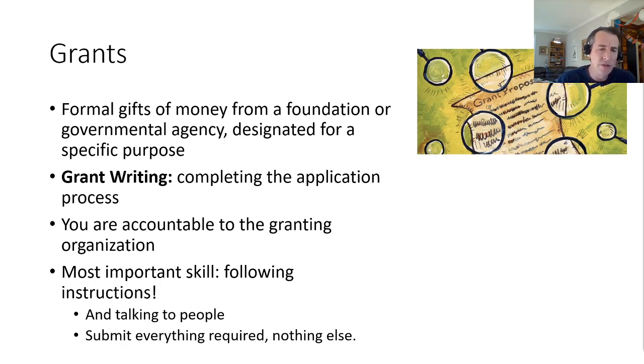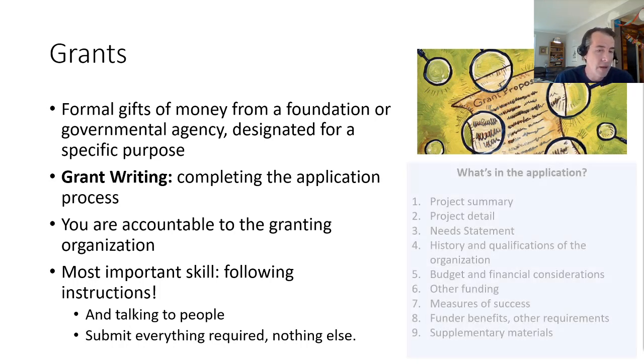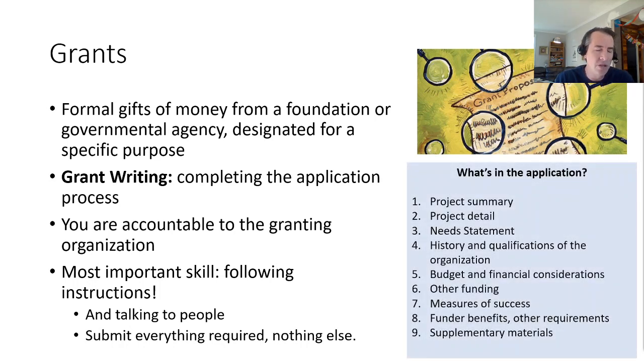As you discovered in your research, finding these granting agencies, at least the public ones, is actually pretty easy. They're largely on the web. But the applications themselves, there's a lot of variety to them, as with many things. But typically, the things that a grant application will ask you for are one of these, or several of these 9. The first one, a project summary, is just a summary of your project.